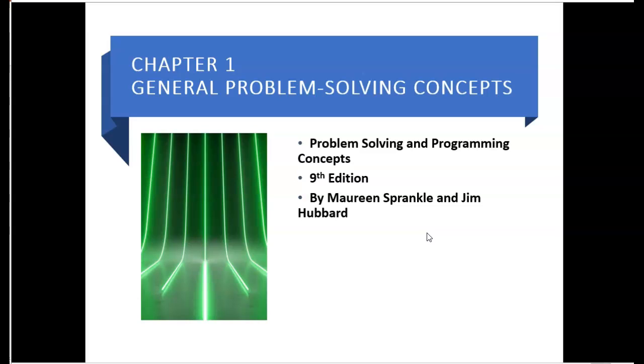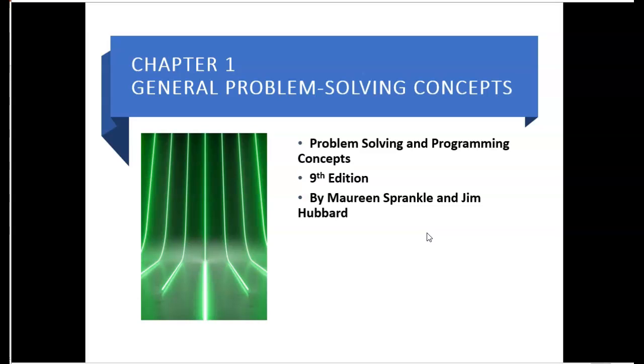The problem is the Sprinkle textbook is a general programming textbook. The concepts and topics covered could be used in any programming language, and Python is not part of the text. So what I'm going to do is fill in the gaps. I've got videos I'll fill in the gaps. I've got PowerPoints that'll hopefully fill in the gaps. But what I want to do is teach you guys Python and relate it back to the models that we'll